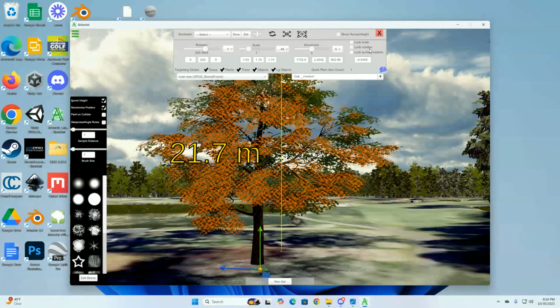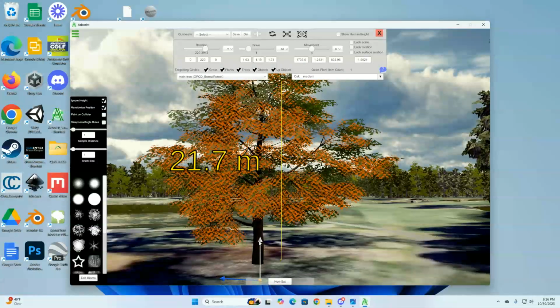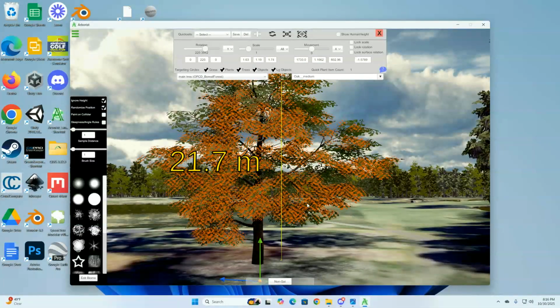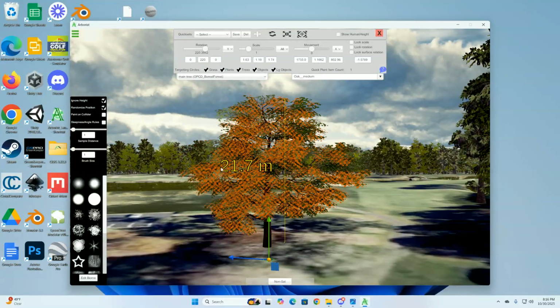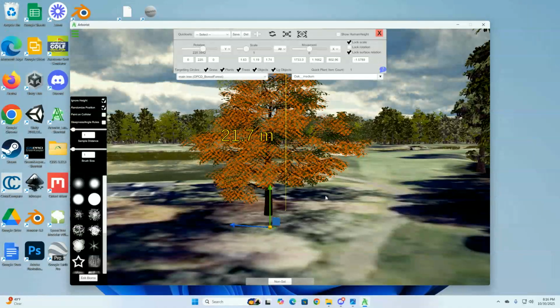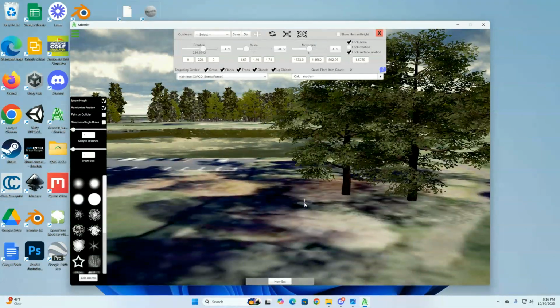That'll show right here. So we're at -0.5, -1. Let's say quick planting, and you've got a bunch of these that are going to be the same surface relation. They're going to be sunk down a little bit. They're going to be the same scale. You can lock scale. You can lock surface relation. And then every time you plant one, it's going to be the same scale and the same surface